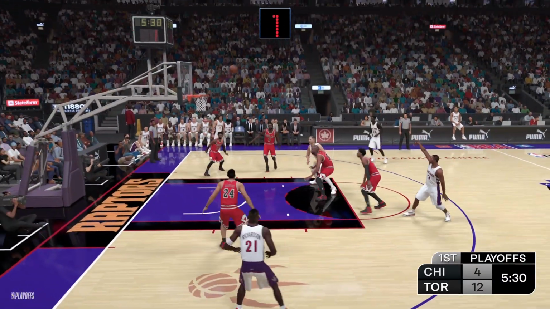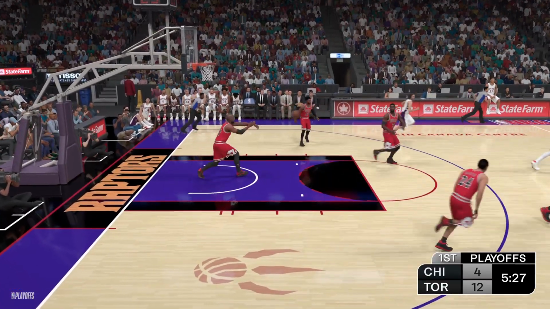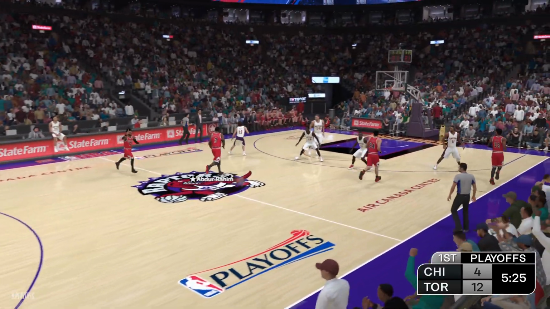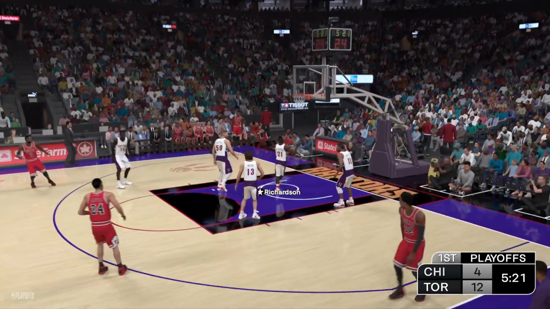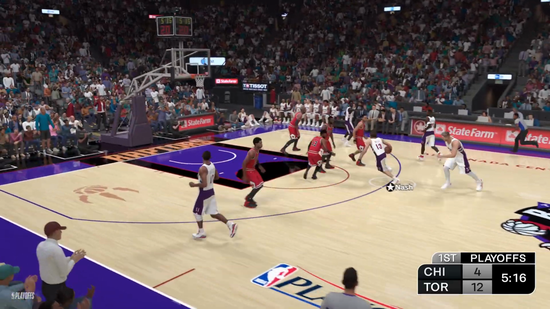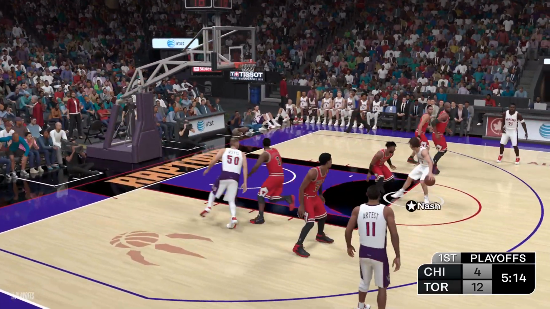Over Granger. That doesn't go either for Artest. Bulls trail by 8. They've been looking out of sync offensively. Yeah, their offense has ground to a standstill. And you could tell he thought that triple was going to fall. Now here's Nash.